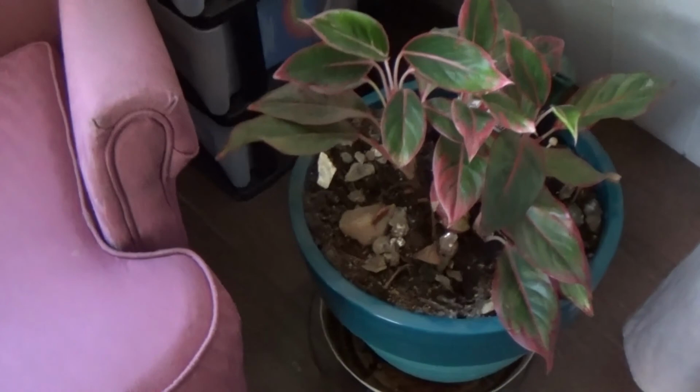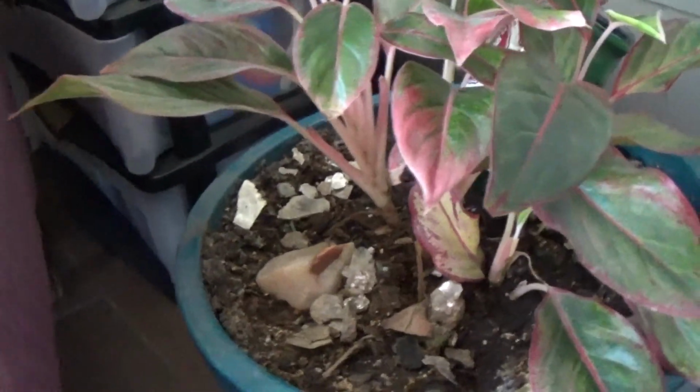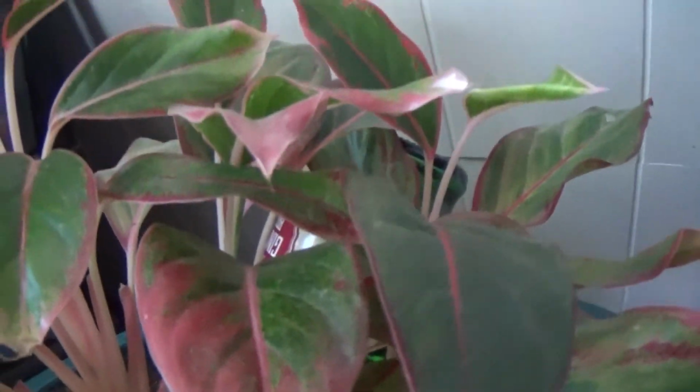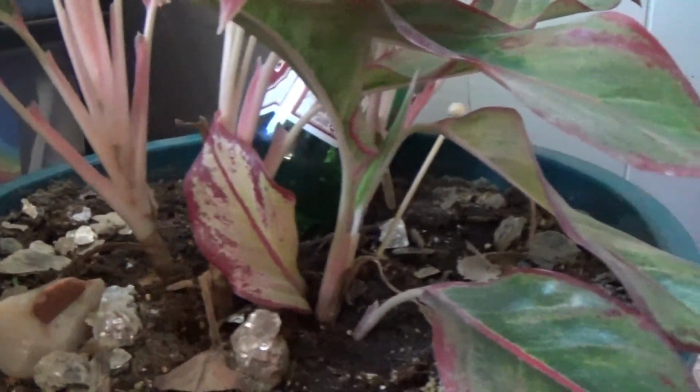The last plant on this side of the house is the Chinese Evergreen, which we're actually keeping out of the light on purpose a little bit. Keeps it more pink, and it is looking amazing down here. I love all the little shinies and stuff we do hanging out in the reading nook, and then we'll go over here into the other room where we've got